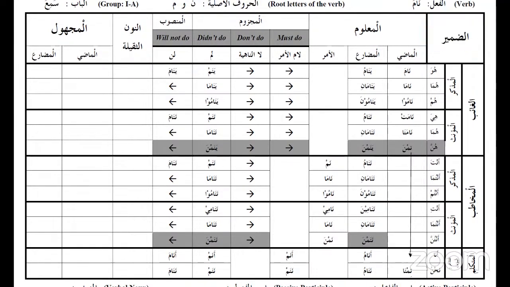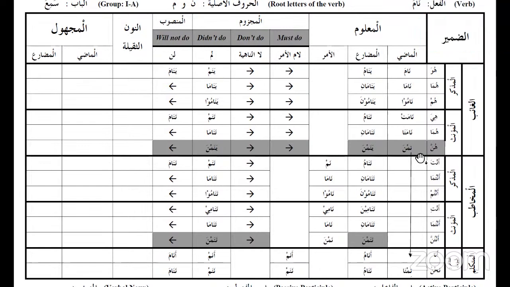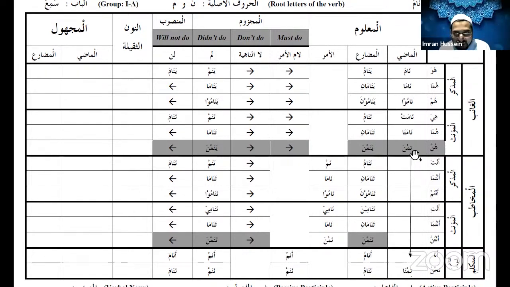So what you need to do is that when the dictionary itself, I'll teach you how to use the dictionary, the dictionary itself will tell you whether the present tense is going to come with a dhamma or a kasra or a fatha. If a weak verb is situated in the middle, and the dictionary says that the present tense is coming with a fatha or a kasra, this means the past tense sixth form hunna will come with a kasra.